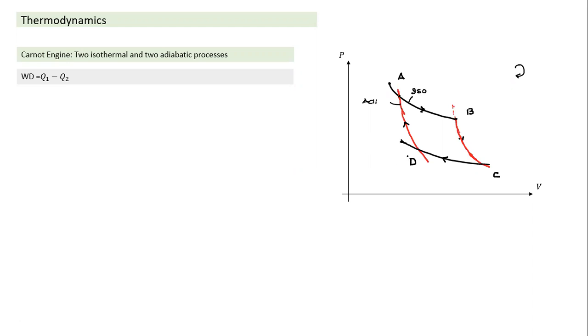Now, of the four steps, can we write out which of these two steps will not have any heat transfer? No heat transfer will take place here, because they are adiabatic processes. In this case, the expansion is happening. So what is the work done here? Here actually it will receive heat. dQ is positive. Why is dQ positive here? Because this curve is above the adiabatic curve. So here the gas will receive heat.